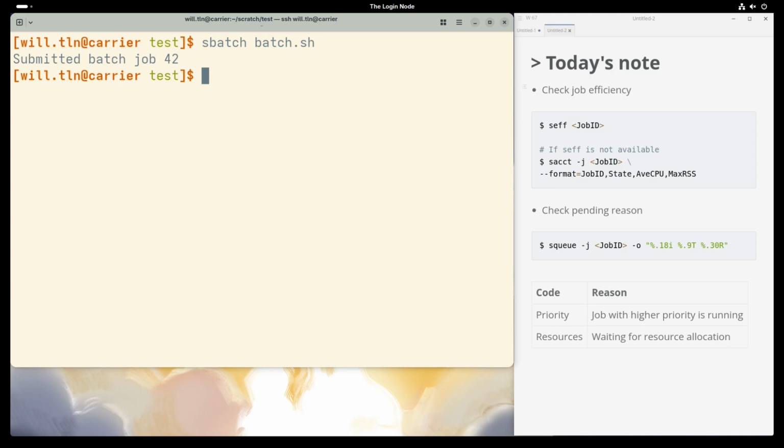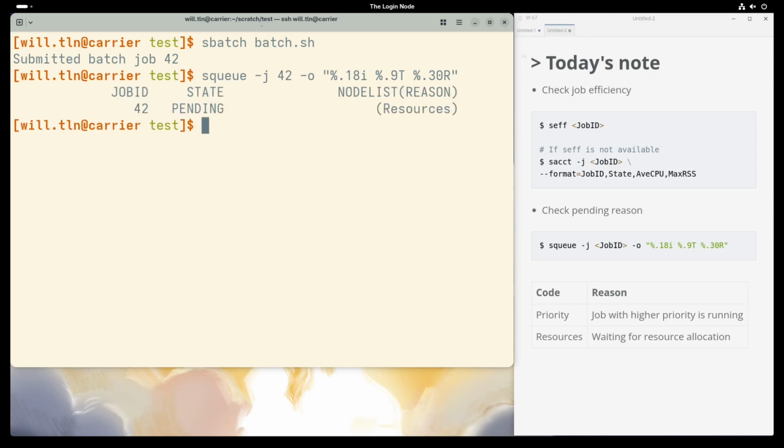Speaking of starting faster, sometimes your job stays in pending state even though there seem to be empty nodes. Why? Instead of guessing, ask Slurm explicitly. You can type this long command or simply sq-me.